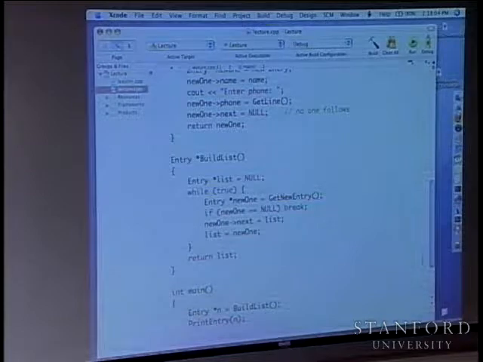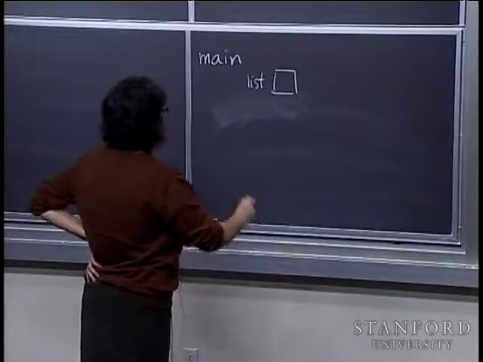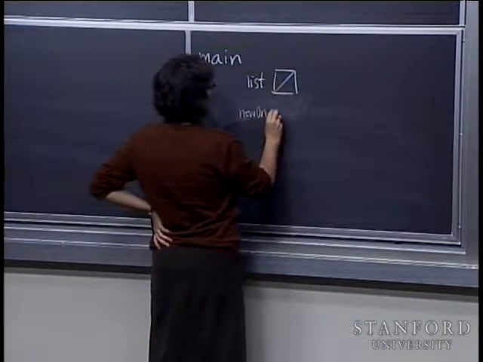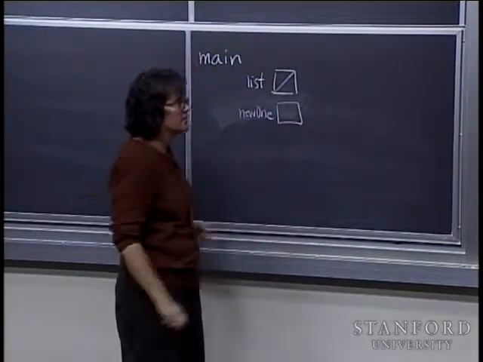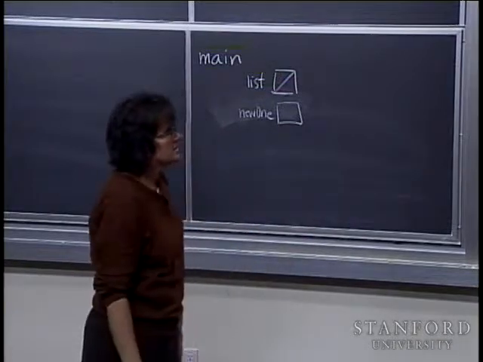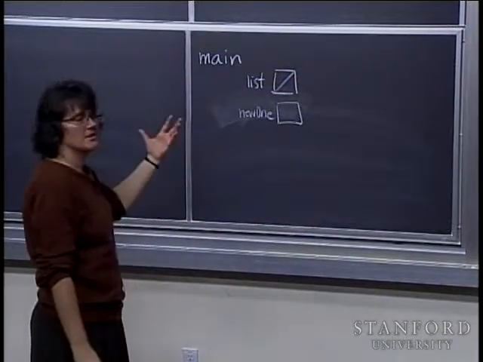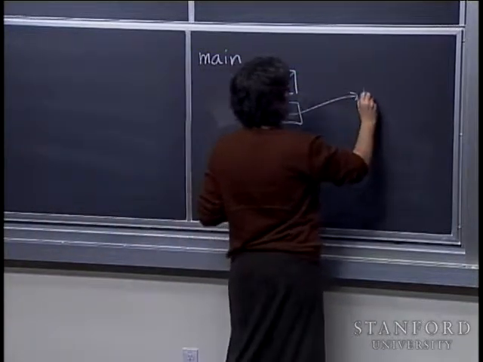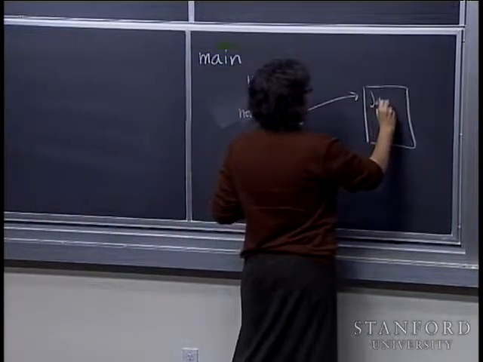Here's the main stack frame. It's got this pointer list, which is expected to point to an entry out in the heap. It starts pointing at null. We have this local variable down here, new1, that is also a pointer to an entry. And based on the result from get new entry, which will either return null to say there's no more entries, or a new heap allocated thing, if it gives us this new entry that says, here's Jason and his phone number,